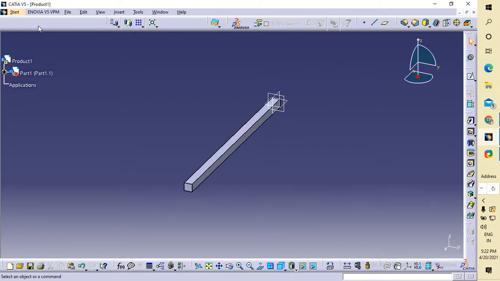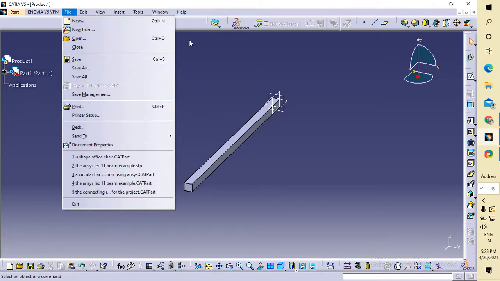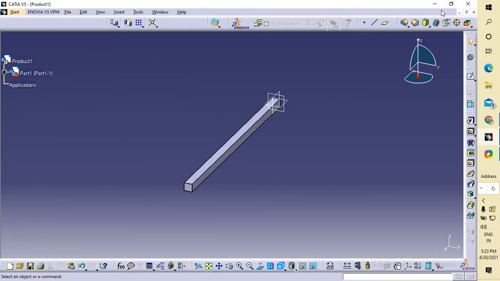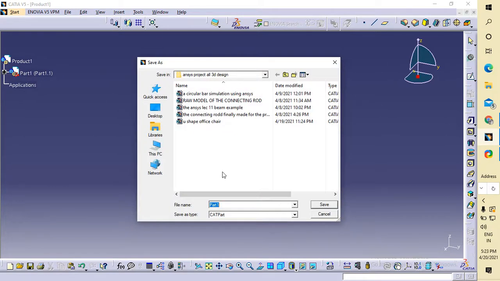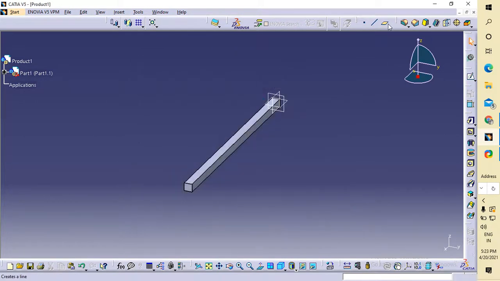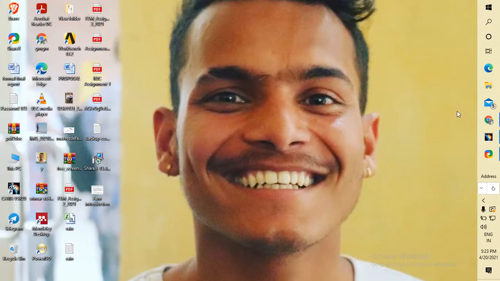I'm also saving this file. I don't need to save this file. Okay, how do I save it? I have to name it part 1. Okay, there is no problem. Then I will minimize it, then I will go for the Ansys solution. Thank you for your